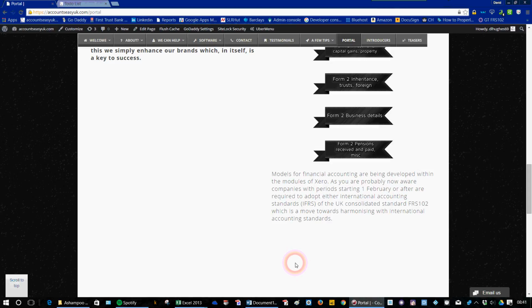Now they need to be amended to bring them into line with IFRS or FRS 102. It's important that people understand that any period beginning on the 1st of February 2015 has to adopt either IFRS or FRS 102,